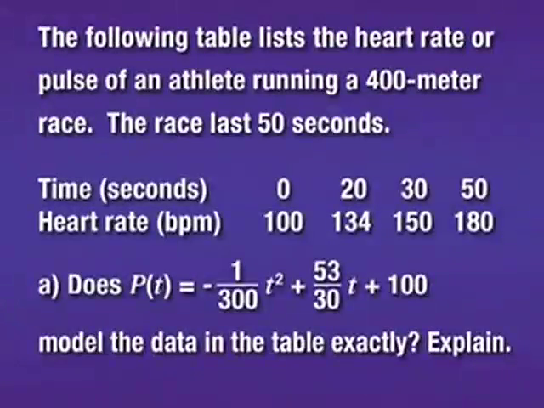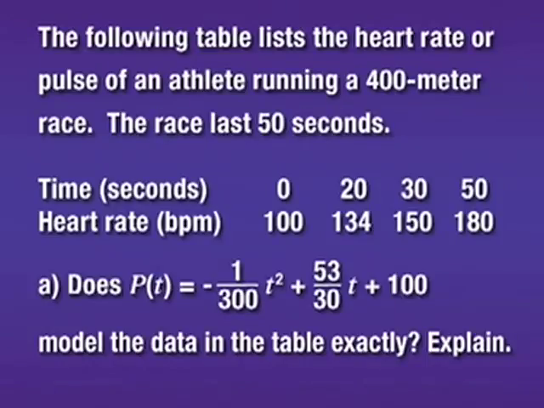The following table lists the heart rate or pulse of an athlete running a 400-meter race. The race lasts 50 seconds. So we see time in seconds. We have values of 0, 20, 30, and 50, and a heart rate in beats per minute of 100, 134,